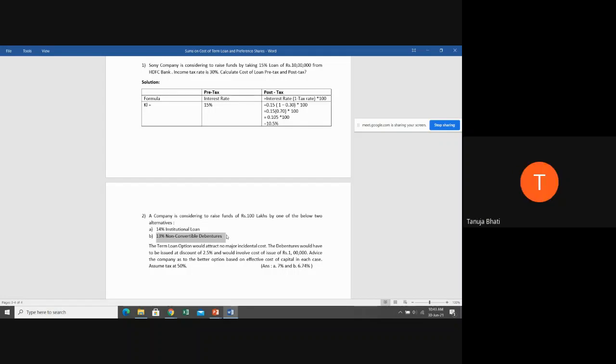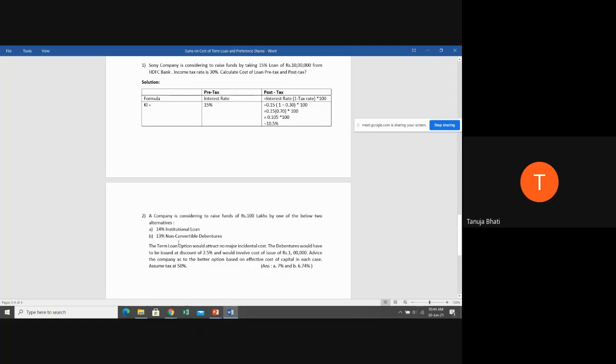Now, what is the post-tax formula? It is the interest rate divided by... Tell me, students, if you know. KD is equal to I divided by NP into bracket 1 minus T into 100. Very good. Now first let us see what is I. See students, 13%. But 13% of what are you going to calculate? Of 100 lakh rupees, because they want to raise 100 lakhs. So 13% is already given.